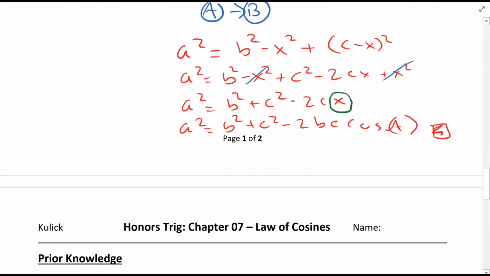What do you guys think? Not as bad as maybe you thought, right? I think this proof is actually a little easier than the law of sines proof. Or at least